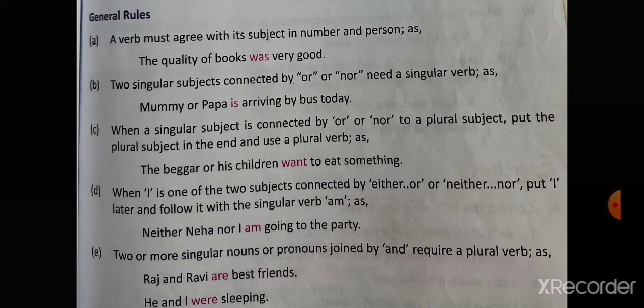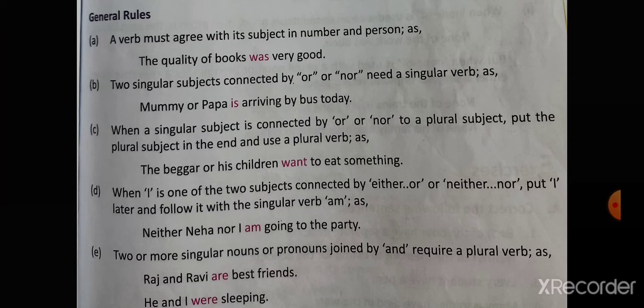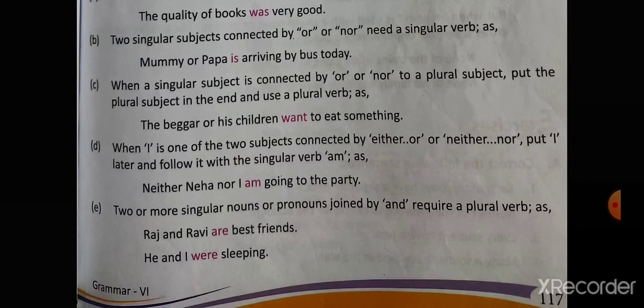When I is one of the two subjects connected by either or or neither nor, put I later and follow it with a singular verb, am. Here whenever we are using neither nor or either or, we will put I later and use am as a singular verb. Next is, two or more singular nouns or pronouns joined by and require a plural verb, as